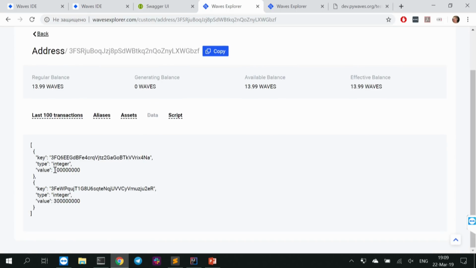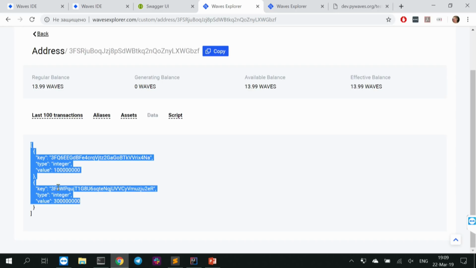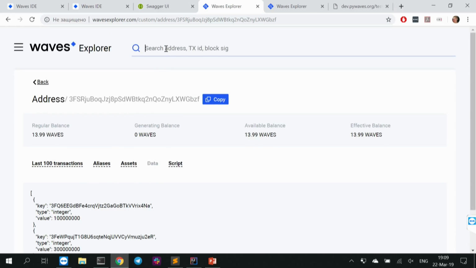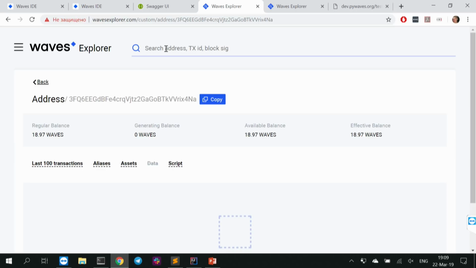Data, yay, everything works. And what about the transfer transaction? Can we see the balance of the first user here in the list? So this is the balance of the first user, this is the balance of your friend. No, I mean the real balance, not the balance in the data. So initially it had 10 waves, now 1 is still in this contract. Let's see if it is almost 9.